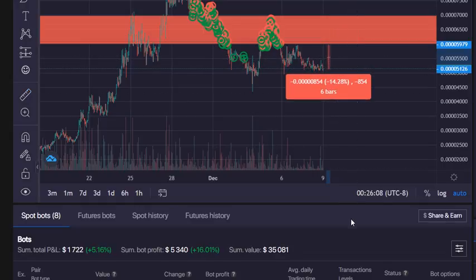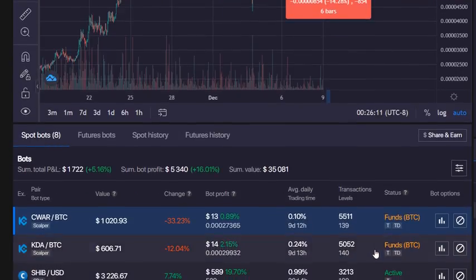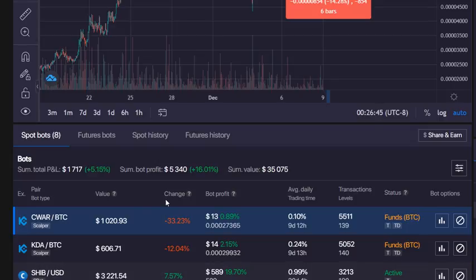So what actually happened is I started this bot with, let me look at my numbers real quick. So yeah, I started this bot with $1,045, and you're looking at it now, the value is 1,020. But why does it say minus 33%? Well, what happened was,